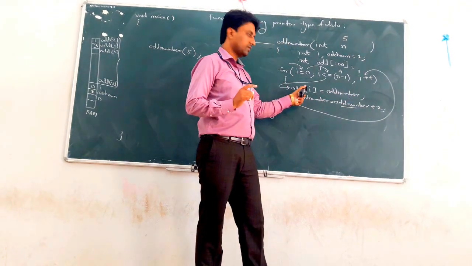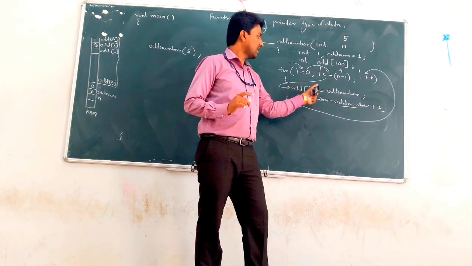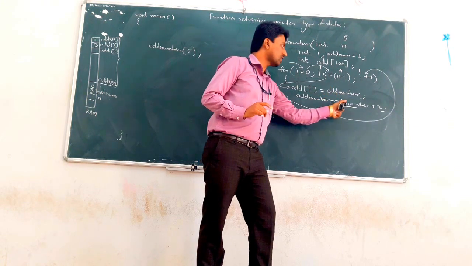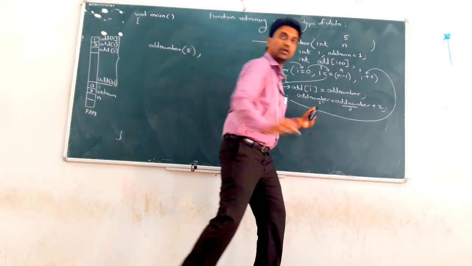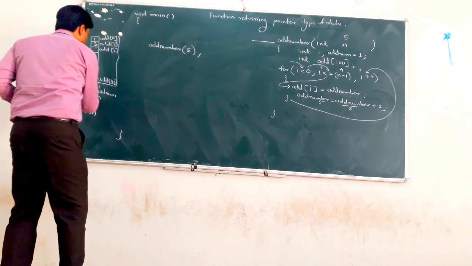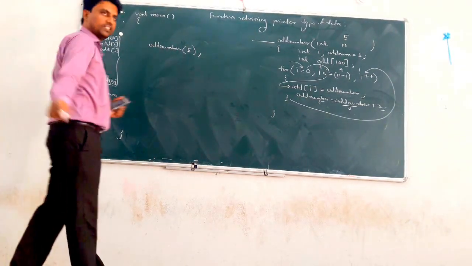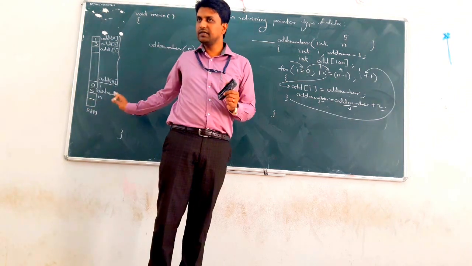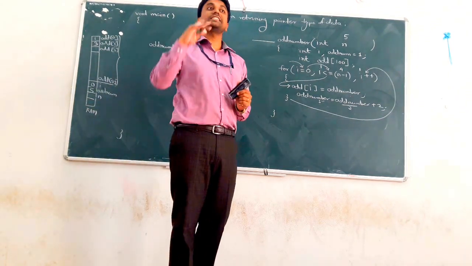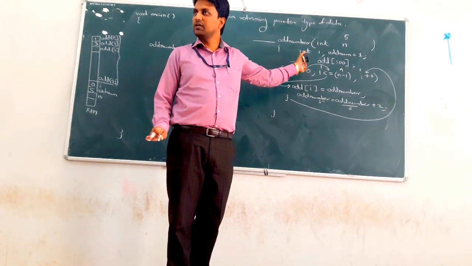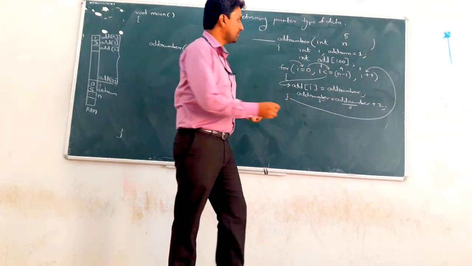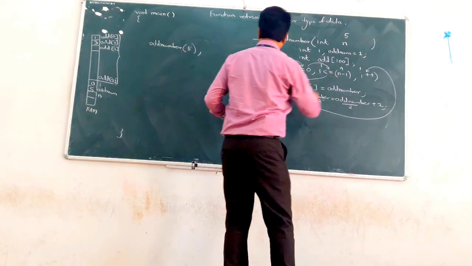Okay. Clear? Odd of I is equal to odd number. After that, odd number plus 2. Now, odd number is 3 plus 2, that is 5. And that 5 value is stored into RAM. It is overwritten always. In that RAM, random access memory, on the stack memory, because all are local variables to that particular function. Clear? After that, I plus plus, similar way.